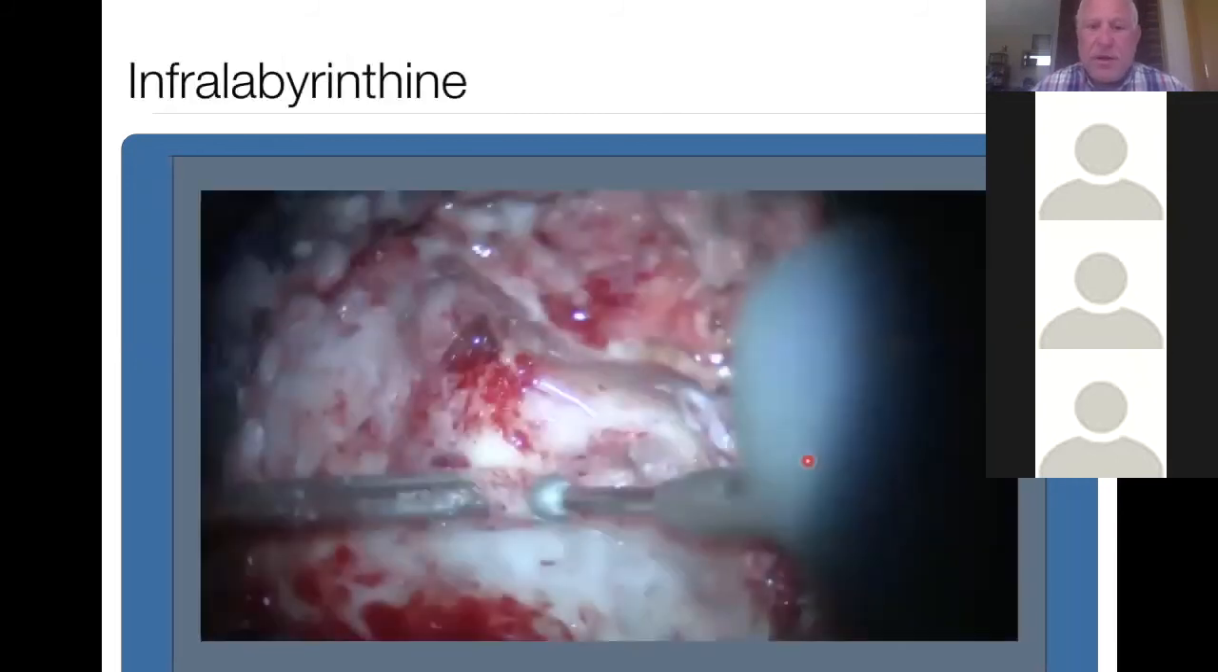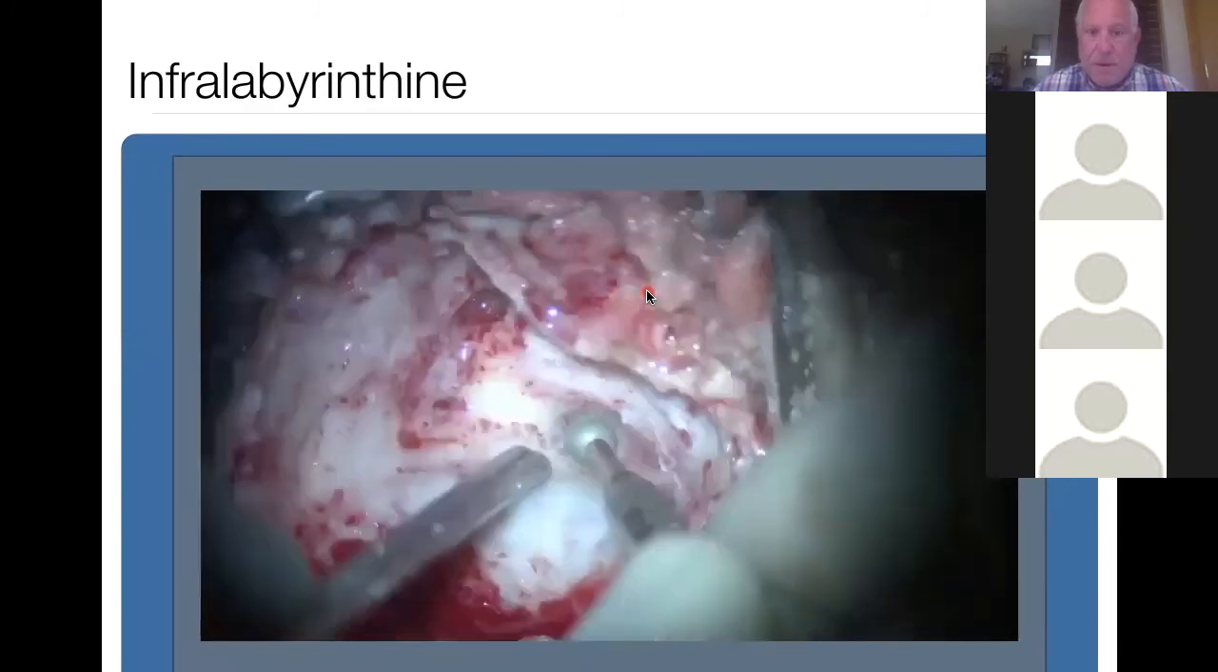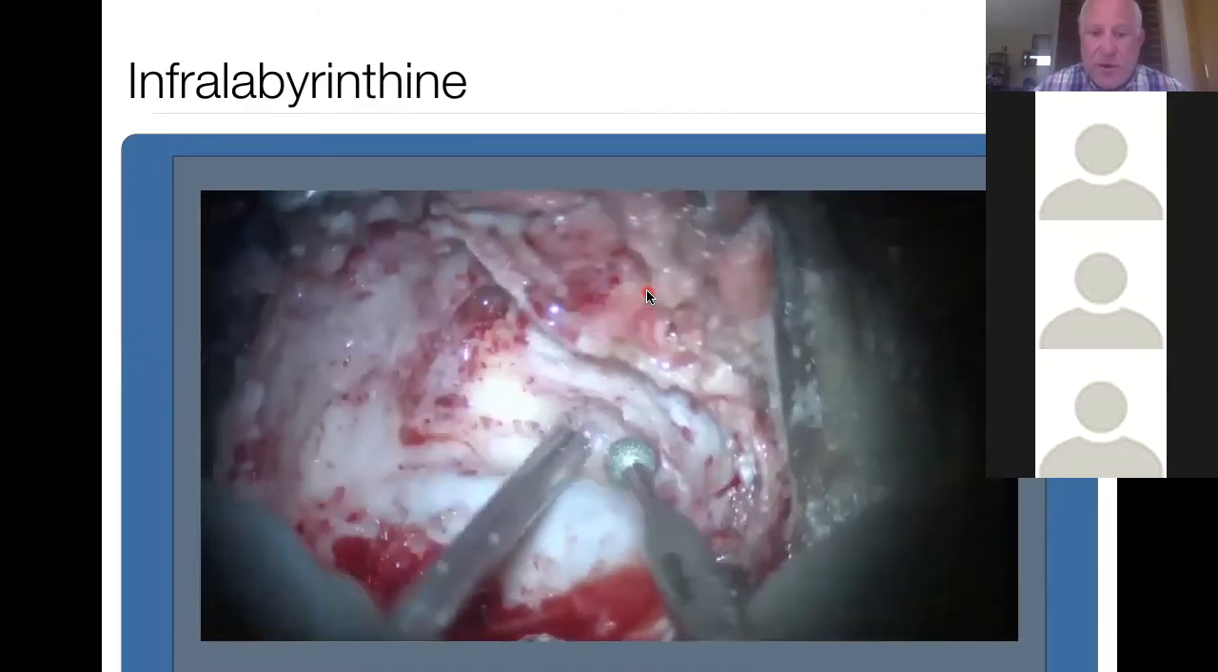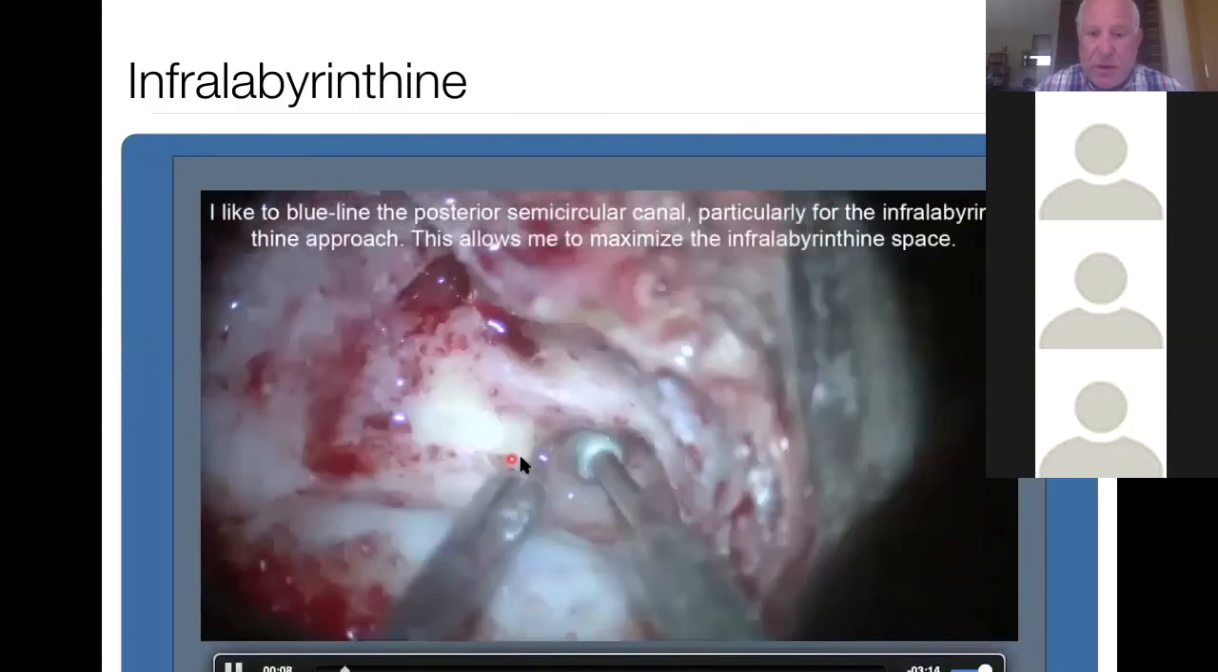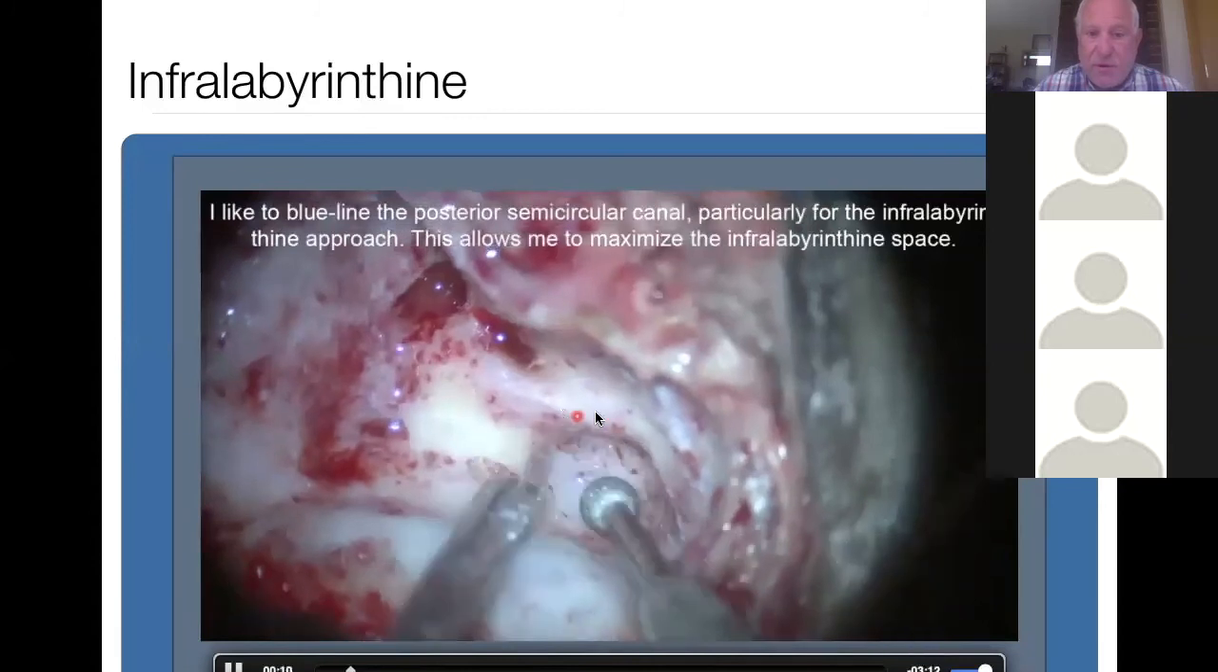So let's look here. We've got a video and we're going to show the infra-labyrinthine approach. This is a right ear. This is the posterior semicircular canal. The facial nerve's already been exposed. And here's our sigmoid sinus, and it will go up here to form the jugular bulb. So we're opening up more retrofacial air cells here. Here's the posterior semicircular canal, the facial nerve,